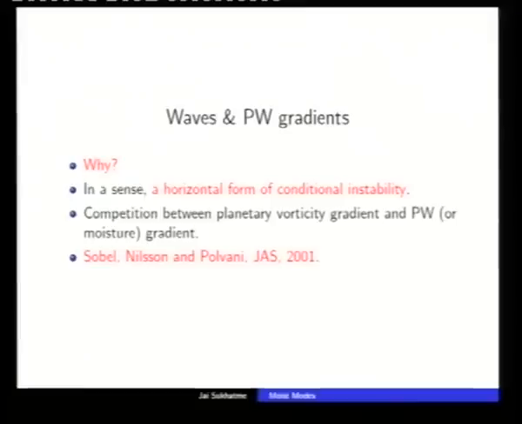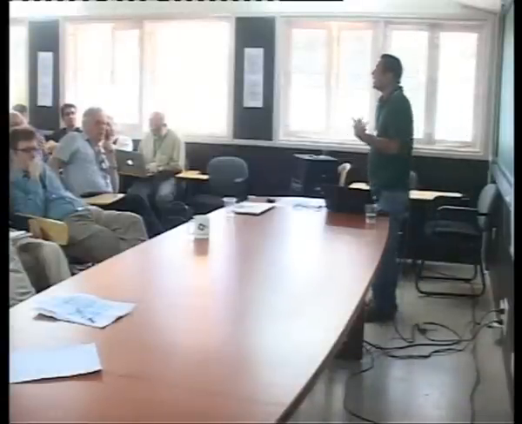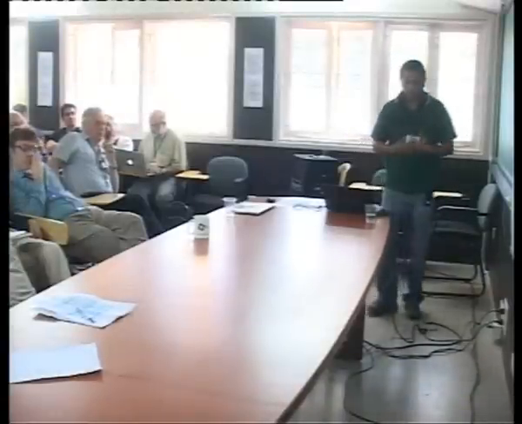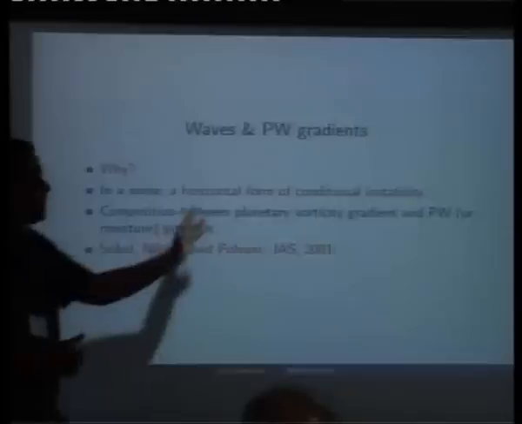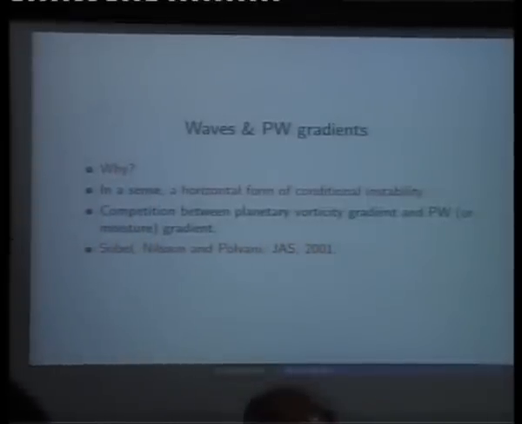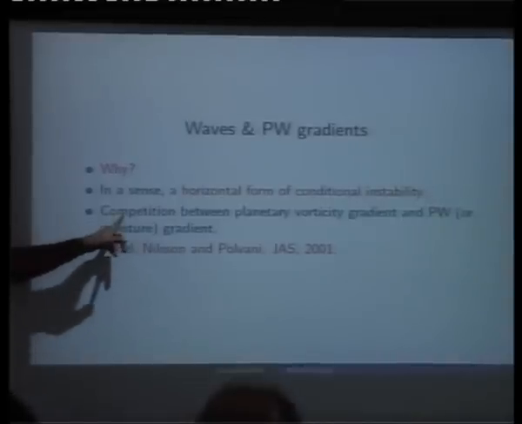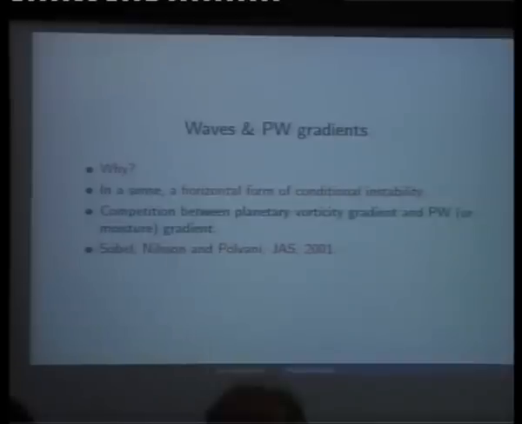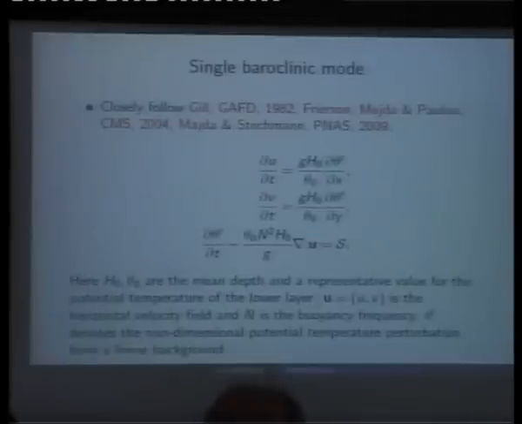And being on an f-plane, the interesting thing is you don't have a gradient of planetary vorticity, so there is no competition between the two. You immediately get an unstable eastward propagating mode. The interesting part is when you come to an equatorial beta plane, you actually do have this competition over here, and I hope to show that when we actually write down the first baroclinic mode on an equatorial beta plane, right? So the setup is essentially something that